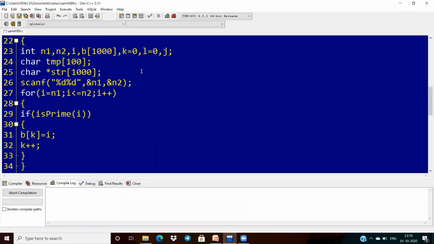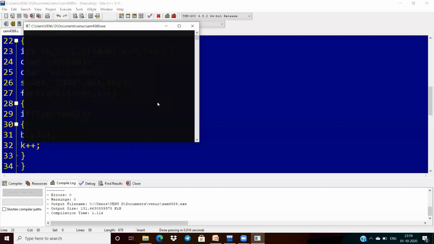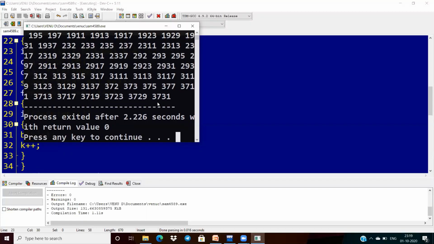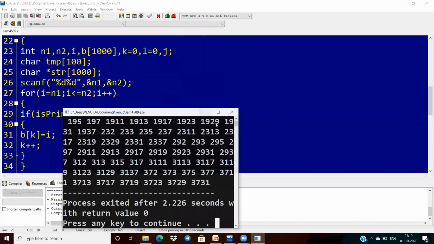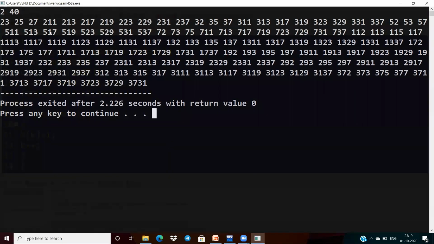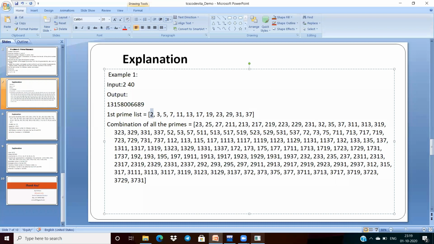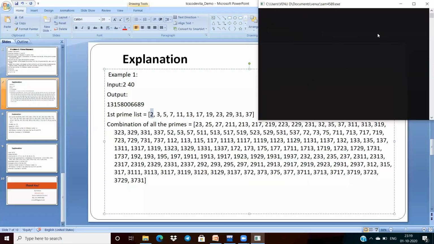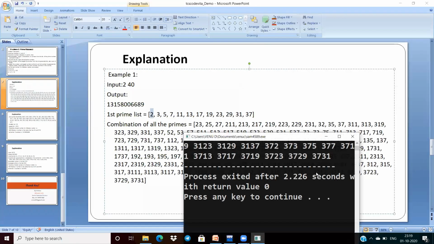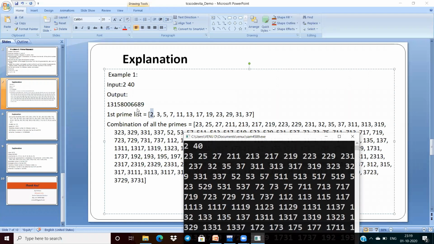Now see, if I'm giving 240, I will get the combination of 2 3, 2 5, 2 7, like I'm getting this combination. Also here 2 with 3, 2 with 5, 2 with 7, 2 11, 2 13, I will get.